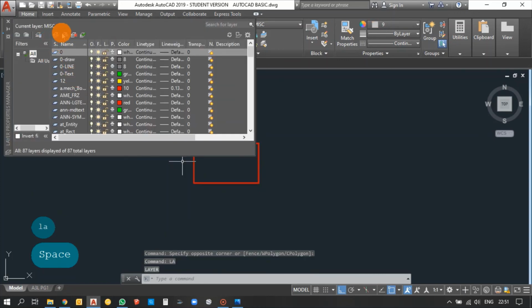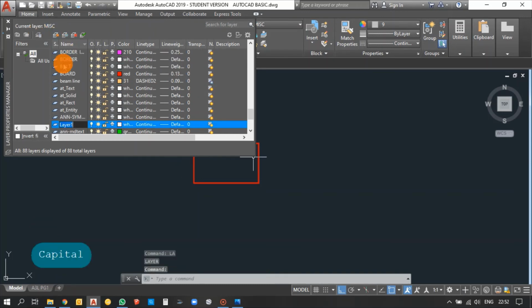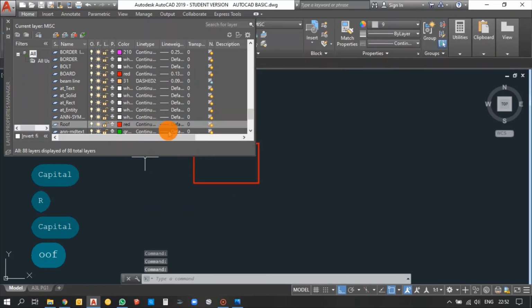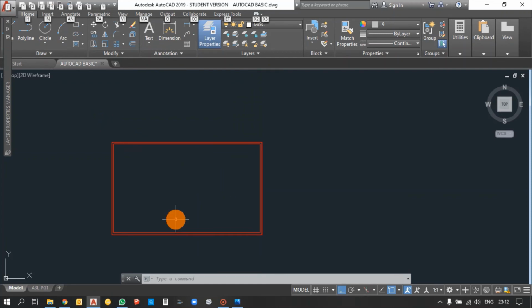So go for new, and go for new. So I'm selecting it roof, naming it as roof, and my color. You can change the color, width of the line, and type, everything can be used here, and minimize it.